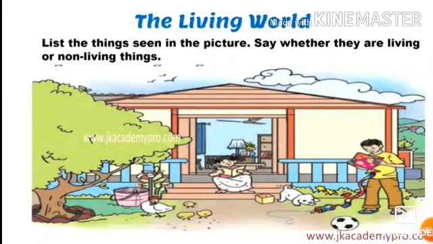So in this lesson we have to learn about living things and non-living things also. That means why a particular thing is called a living thing, why that fan is called a non-living thing, why that ball is called a non-living thing, why only that tree is called a living thing, why that girl, dog and boy are called living things. That we have to see today. In this lesson we will see that there are particular characteristics for living things. Those characteristics we have to study today.